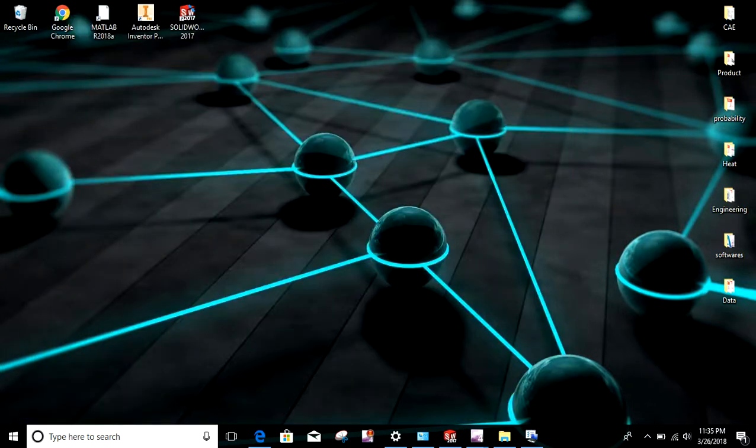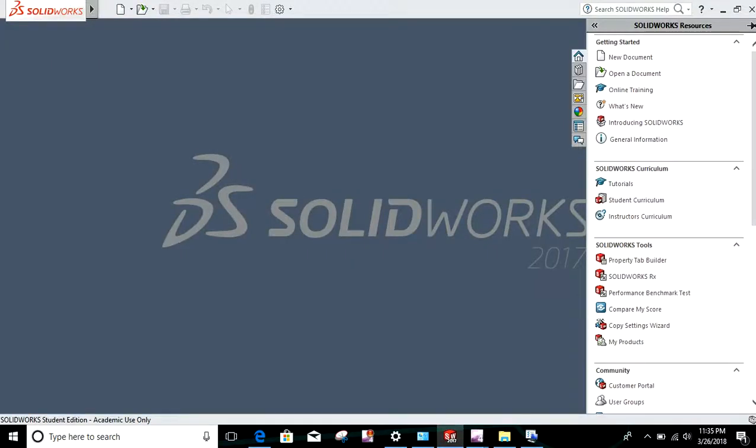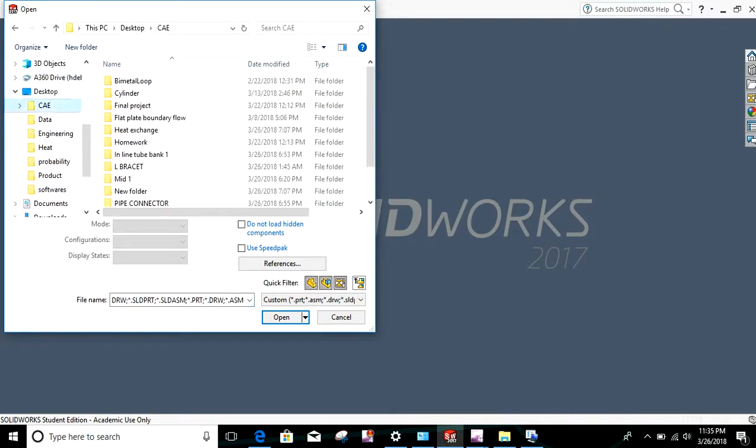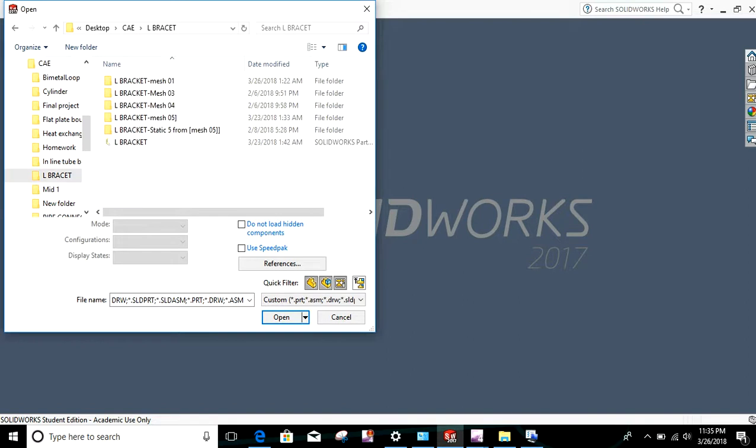First things first, we go to SolidWorks, and in the top left corner there is open file. I have a bunch of files on my desktop. Click on CAE. Okay, let's do this L bracket. We're going to open this L bracket file folder. If we double click on L bracket,